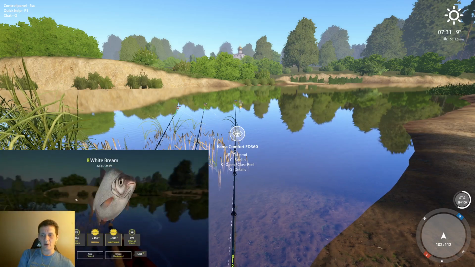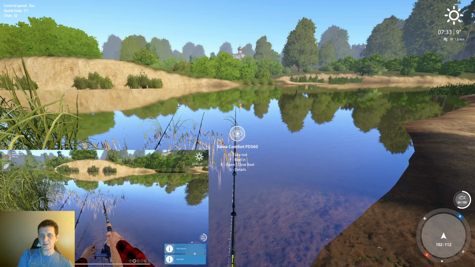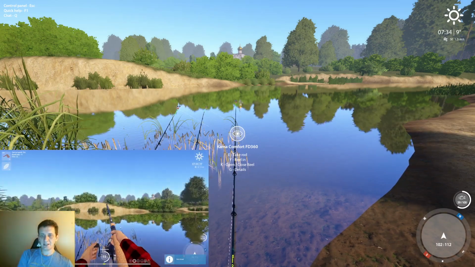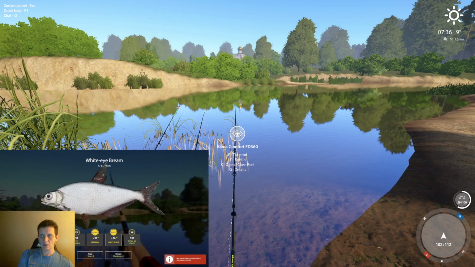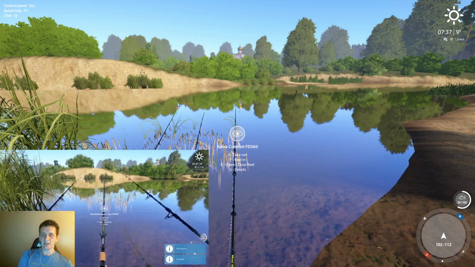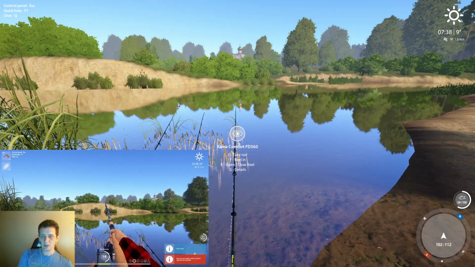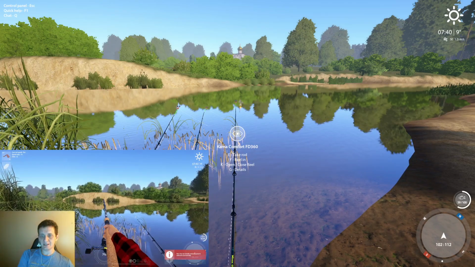Look at these fat White Bream that are coming in, though. Holy cow. Such a good White Bream spot, at least on my main account. Wide Eye Bream. I did have a couple of those earlier today. One of them was a nice marker. So if you're really wanting the Wide Eye, this is not a bad...